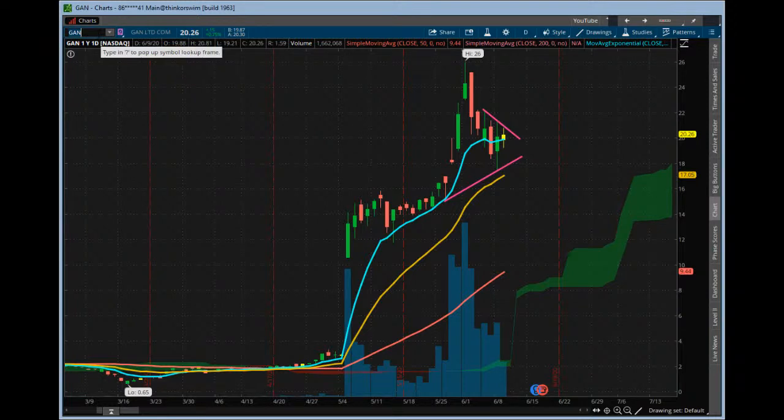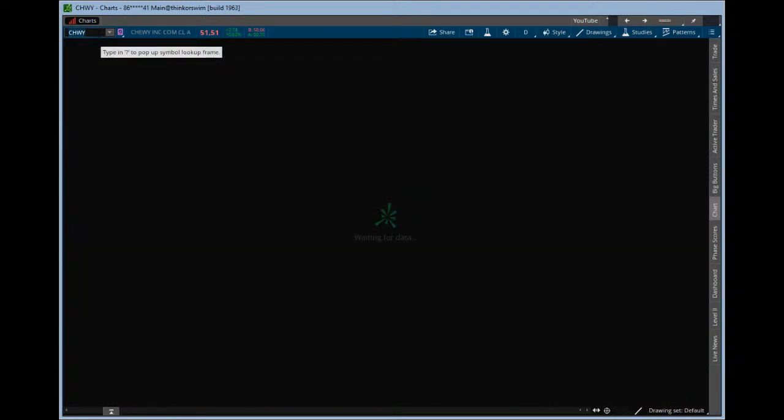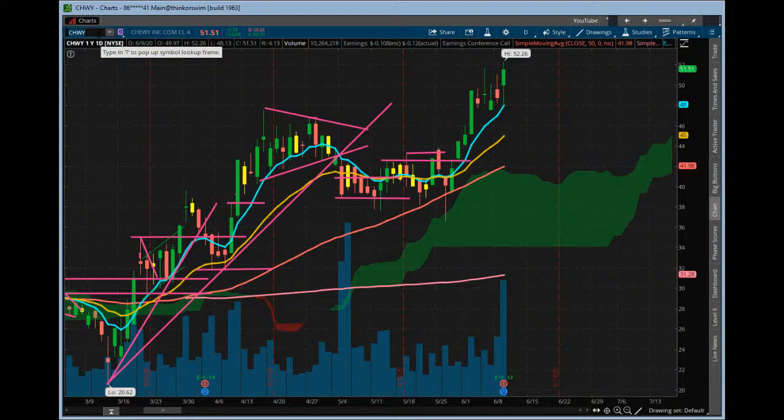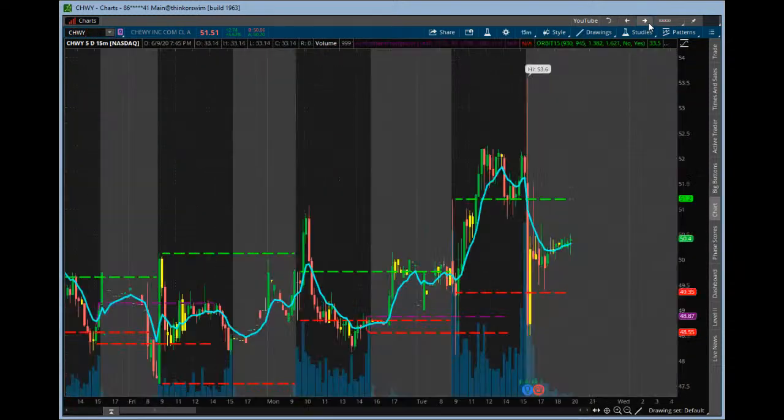And then Chewy. So Chewy. So huge candle today going into earnings. Let's see how it acted after hours. Chewy likes to just kind of chop around after earnings, and that's what it's doing right here. So it gave a big move up, big move down, and kind of is in the middle of the range here. A little triangle right here going into tomorrow. So we'll see how it goes.